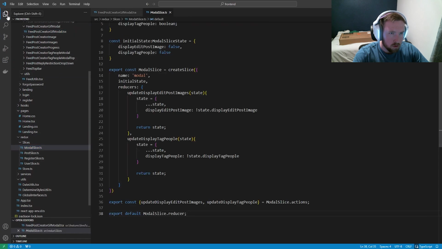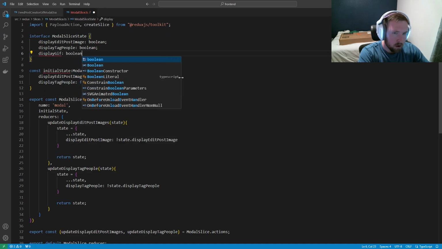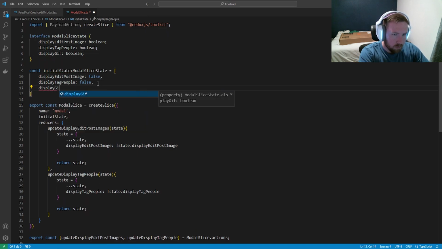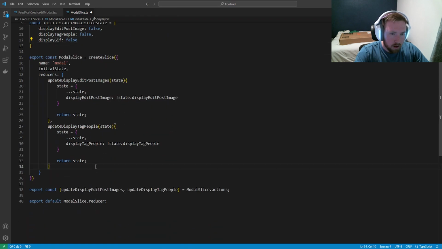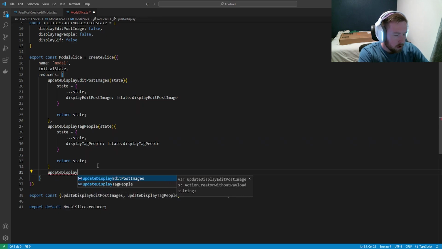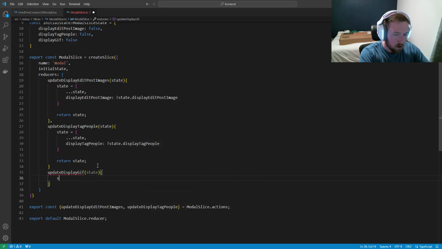Let's go into our modal slice and put in a display GIF, which is a Boolean. And then inside of our initial state, we'll have display GIF, and this will be false. And then finally, we'll have an update display GIF, and then we'll have state, and here we'll say state is equal to,